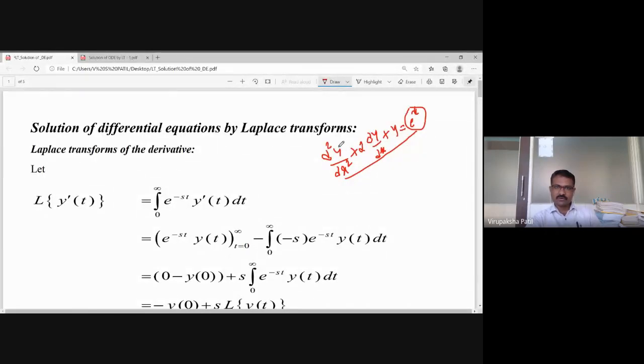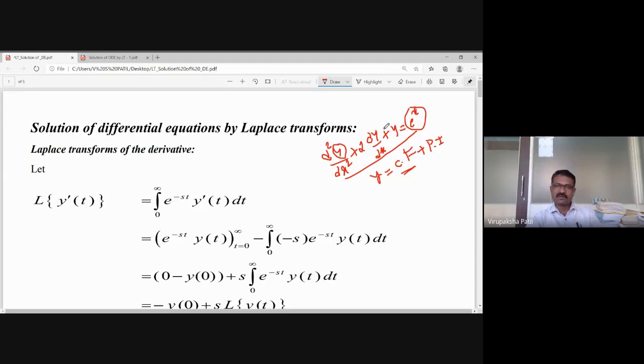Okay, so solve means what? Here you are going to find an expression for y in terms of x. Solution means a value of y which satisfies the given equation. In the normal method, you are going to write y is equal to CF plus PI. CF is the solution with respect to the LHS part, PI is the solution with respect to the right-hand part, and some constants will exist in the CF.